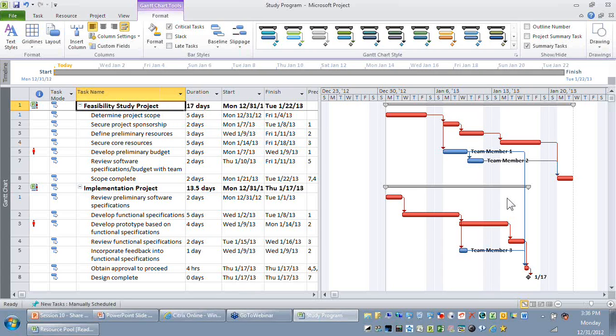So remember, the same rule I gave you as an example for a program can even be applied for a portfolio or even for a project. In this example, I assumed that you are a program manager managing two projects, feasibility and implementation. Let's assume that you are a project manager who has two sub-projects, feasibility and implementation. So you just need to follow the same steps.